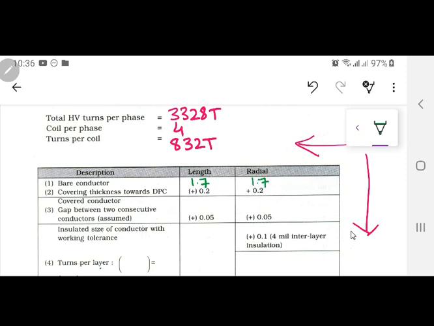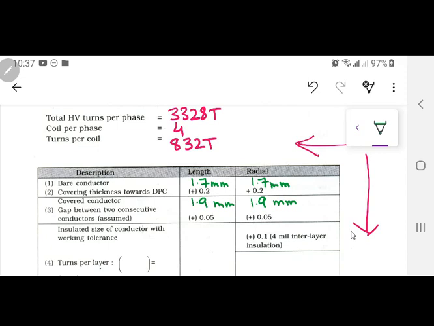Now this 0.2 over here, as I have told you previously, the thickness of the paper is 0.1 mm. So this is 0.2 mm added over there on both of them. So the covered conductor is approximately 1.9 and 1.9 mm. Okay, I am not writing the units, you can actually write them down yourself. In fact, let me write them. Otherwise later, after the paper, you will tell me, sir, you didn't write them either, so we didn't write them. So this is very important. So these are the units over here.